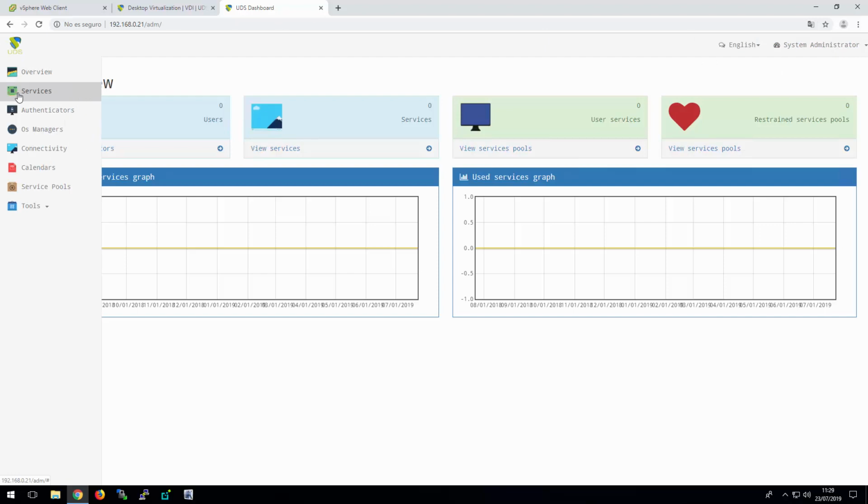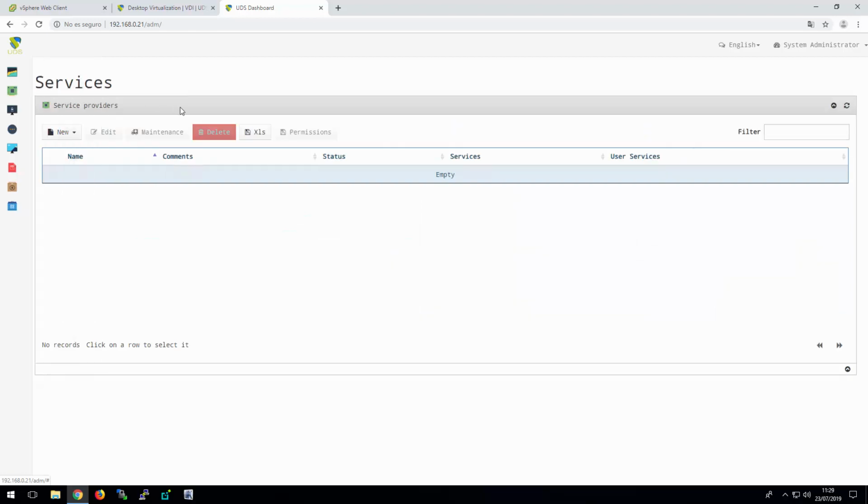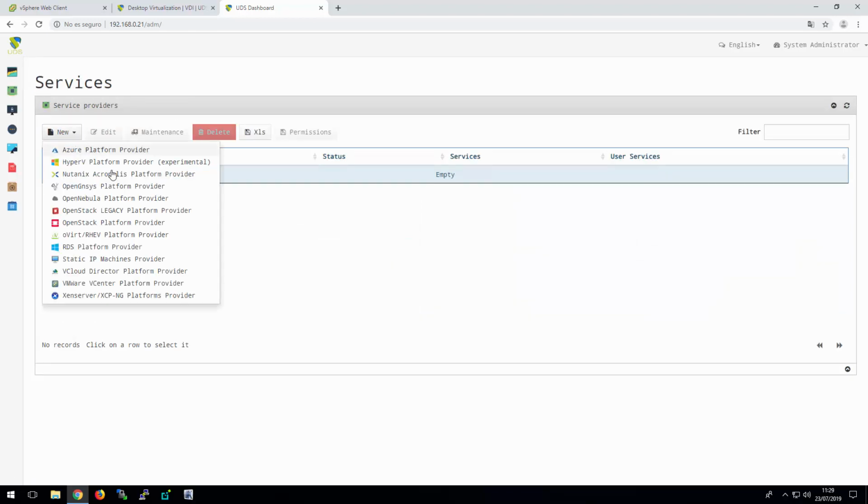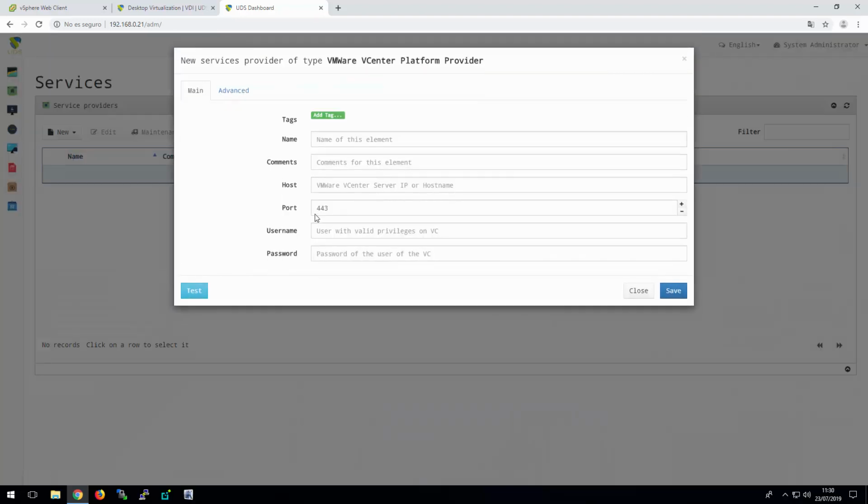The first task we'll have to perform is to register the service provider. In this case, as we are using a VMware platform, we will select VMware vCenter. We indicate a descriptive name, IP address or our vCenter server name,